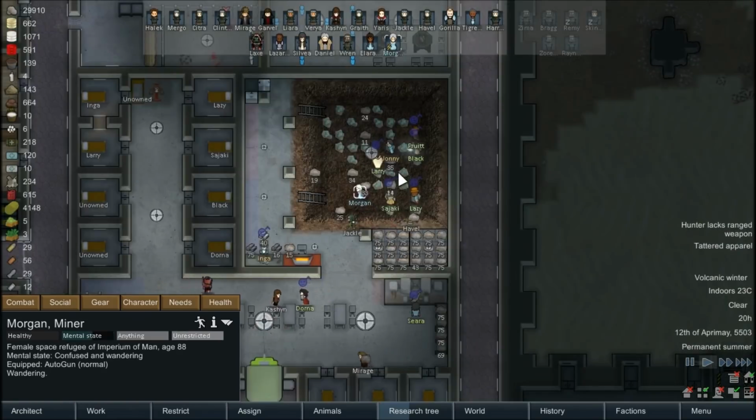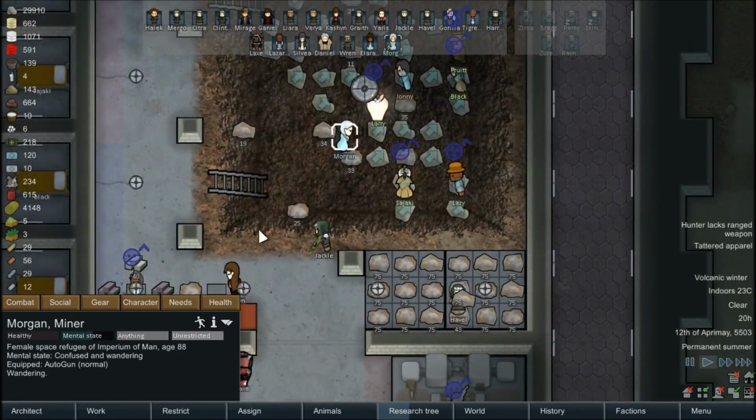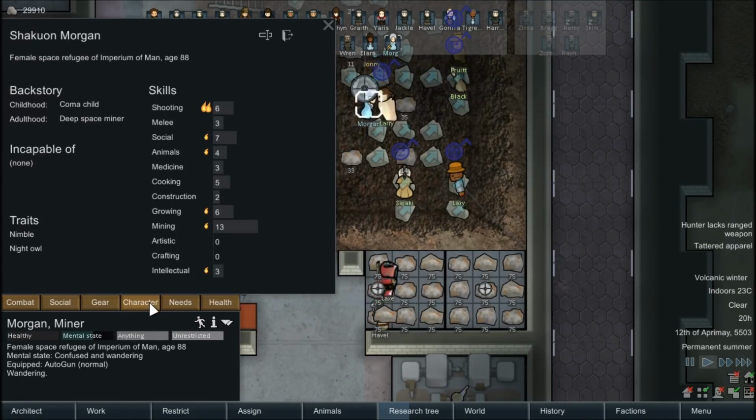Morgan is on another mental break. She's just wandering around the prison. I'm wondering if we should just lock her up. She's a good fighter, though. That's the thing. Is I was looking forward to giving her...